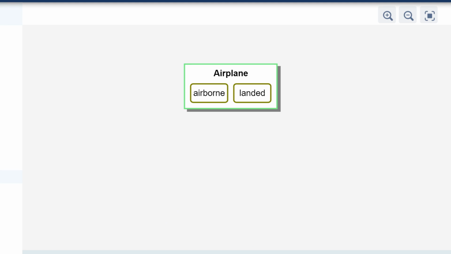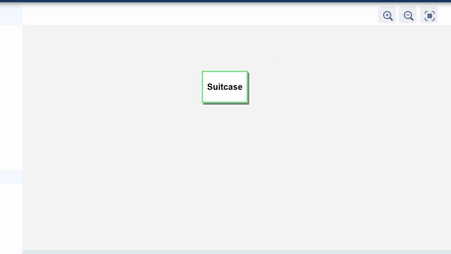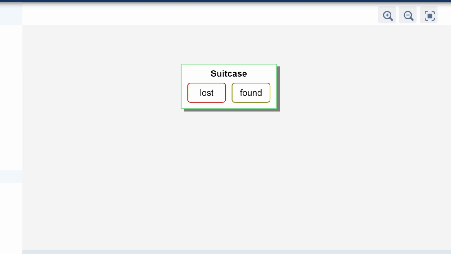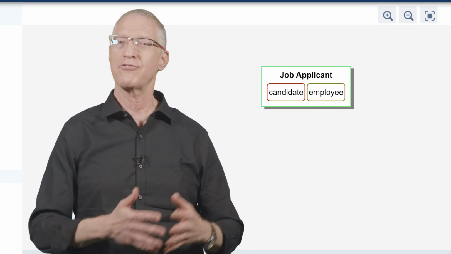Note that since a state belongs to an object, graphically it can exist only within the object box. It has no meaning outside of this box. Your suitcase also changed states. First it was lost and now it's found. And I promise you, if you continue to learn conceptual modeling, you will soon make the state transition from candidate